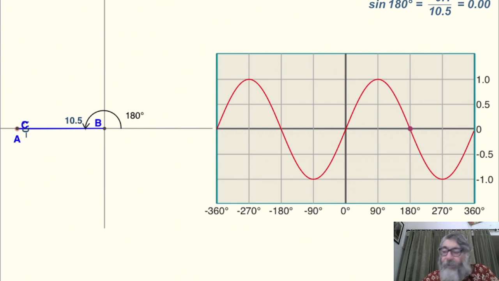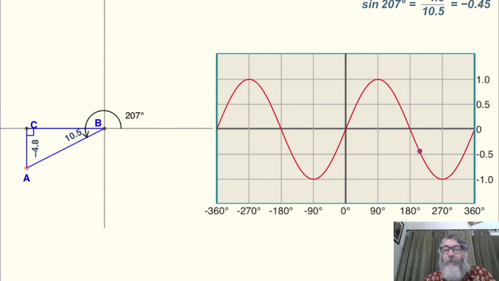Now the red dot on the curve has completed the journey from 0. It was 0 at 0, then it reached the maximum height 1 at theta equal to 90, then it has come back to 0 again when theta is 180 degree. You can see it on the graph. Now if I move it down further, we have come into the third quadrant.